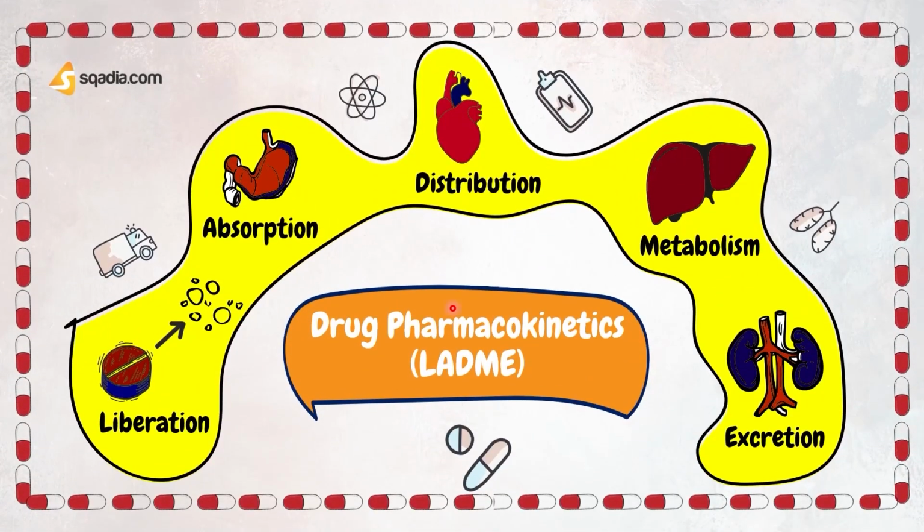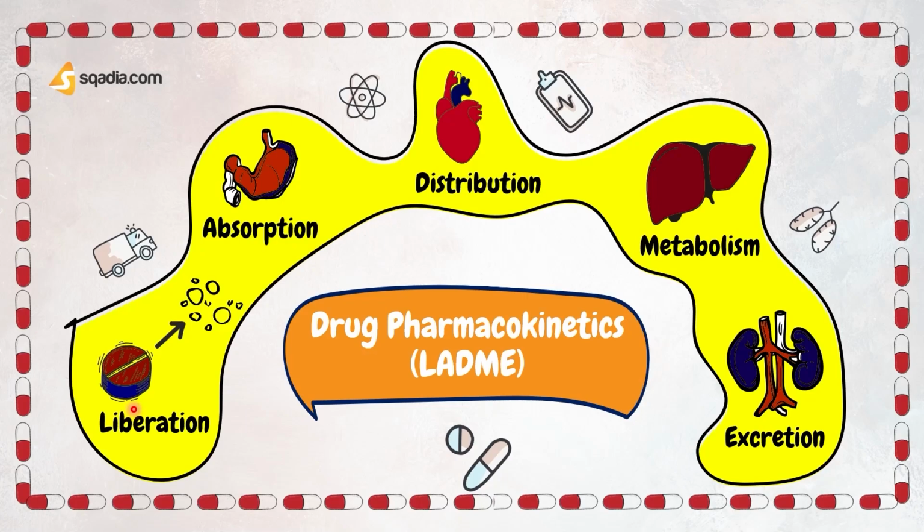So the next we have is drug pharmacokinetic properties, which is described by an acronym LADME. L for liberation, A for absorption, D for distribution, M for metabolism, and E for excretion. It is basically the study of movement of drugs in the body. Each letter in the acronym stands for a different stage of the drug's journey through the body. Now let us discuss the liberation. This is the first stage of the drug